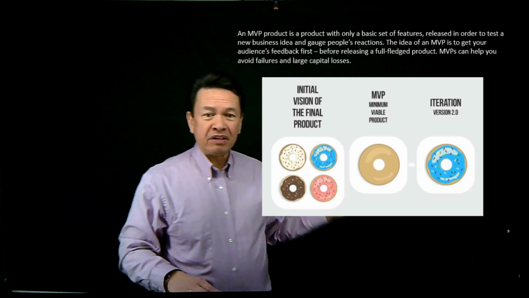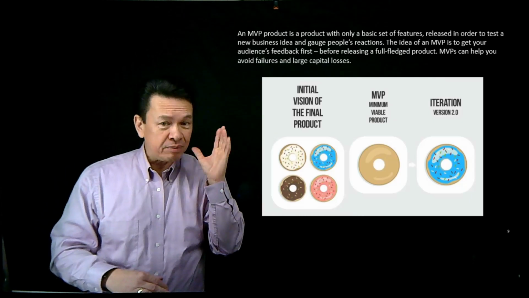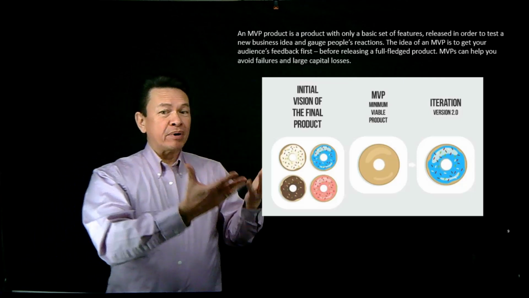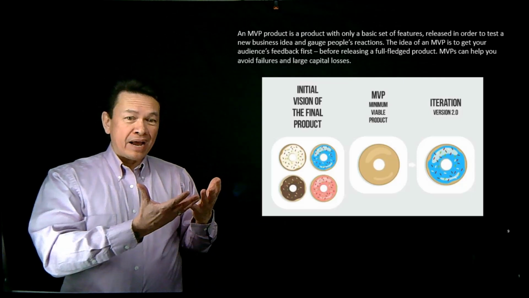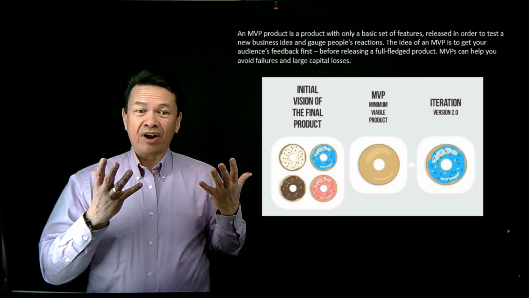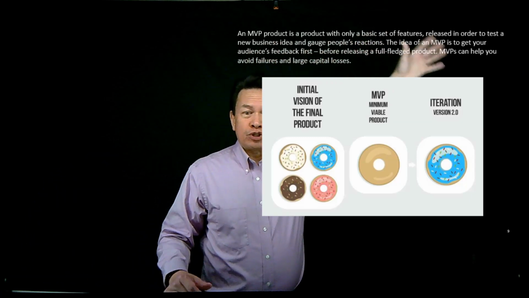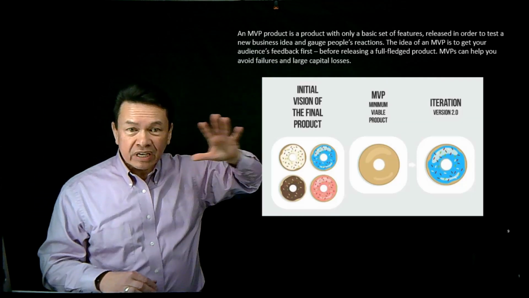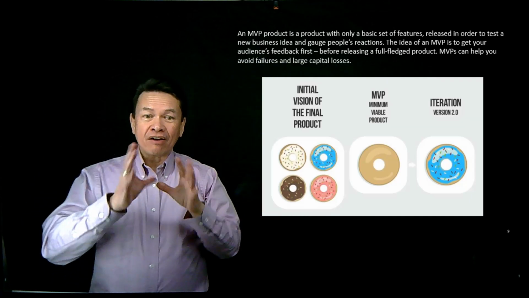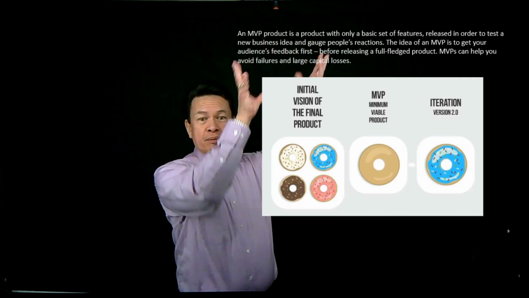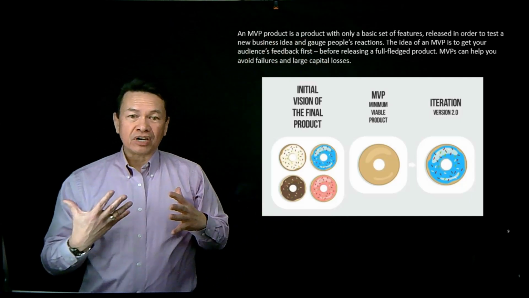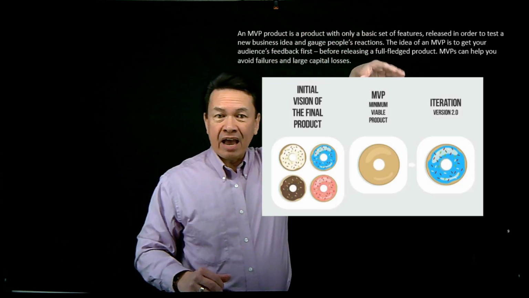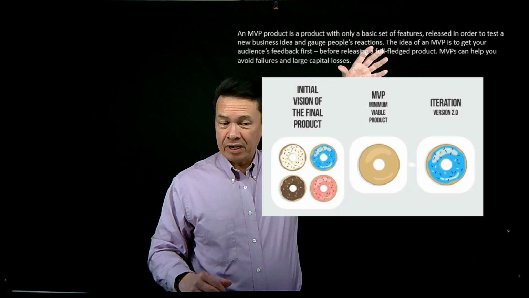I should probably figure out how to create one donut, maybe a simple glazed donut that is phenomenal, right? I can have my customers try it out. If people are buying my donut and saying, this is the best donut I've ever had, can you see how then in version 2, when I make the blueberry one, I know it's going to be successful? And from there, we continue to build upon it and say, now I have enough customers, so then I can open up my own shop because I know I'll have enough customers to pay for my rent and all those kinds of things. But it all starts with having a minimum viable product, okay?